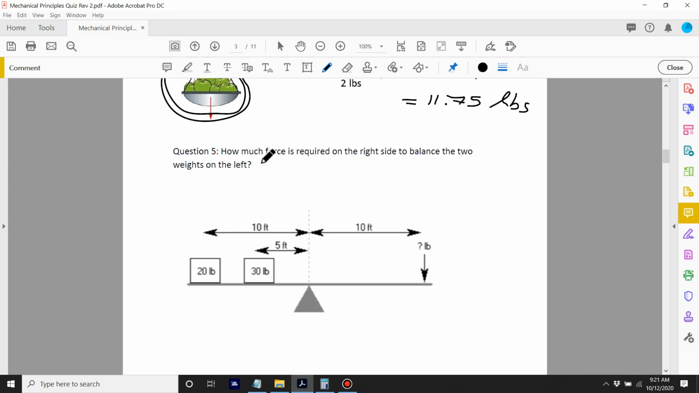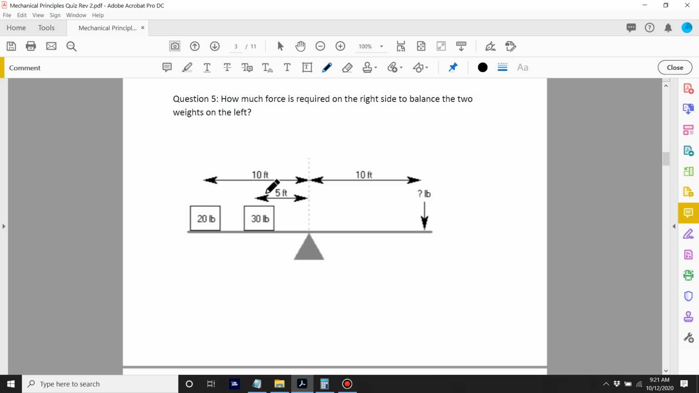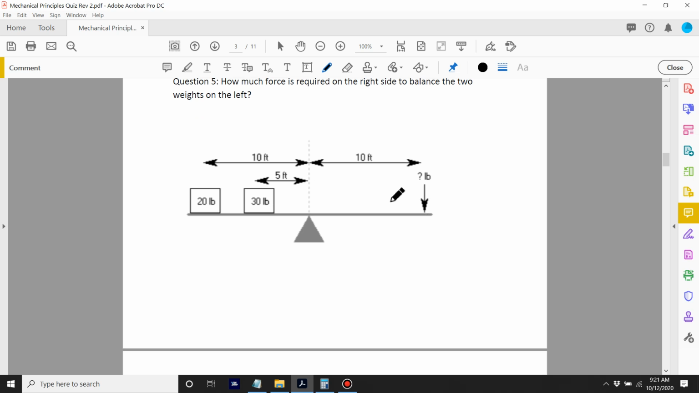All right, question number 5. How much force is required on the right side to balance the 2 weights on the left? Oh, sure, this is easy. Okay, so how much force on the right side? So I'm going to go with the torque. What's the total torque on the left side? It's equal to